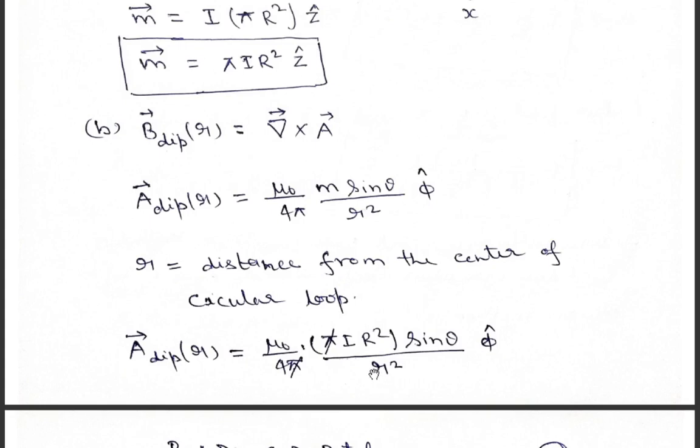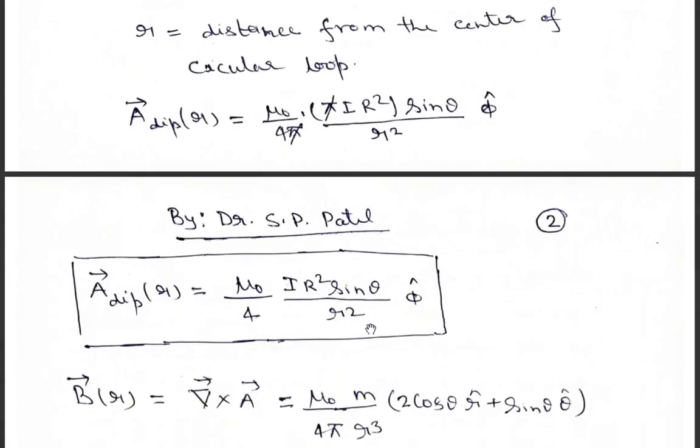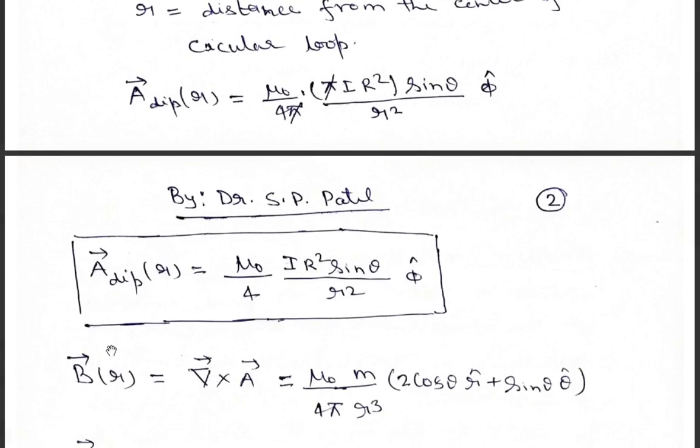मतलब सर्कुलर लूप के ओरिजिन से जिस पॉइंट पे हम मैग्नेटिक डायपोल वेक्टर पोटेंशियल निकाल रहे हैं वहाँ की डिस्टेंस है, और कैपिटल आर जो है सर्कुलर लूप की रेडियस है. कैपिटल आर और स्मॉल आर में कंफ्यूज नहीं होना है. Okay, so pi will be cancelled out. If you write the vector potential due to a dipole, obviously that will be equal to mu 0 upon 4, I R square sin theta upon small r square, phi unit vector. So this is the vector potential due to a dipole, at some distance r from a circular loop.